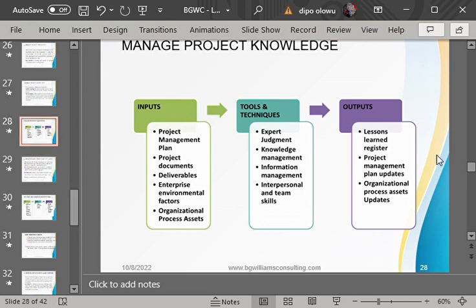All right. So manage knowledge. What do we want to achieve? Lesson learned register. What is a lesson learned register? Remember we said it earlier when we were explaining some aspects like the OPA, the organization process assets. All right. When we're talking about the OPA, we said that it is divided into knowledge and history. Now, what is the lesson learned? I remember I said that lesson learned is like a post-mortem. And what did we mean by a post-mortem?